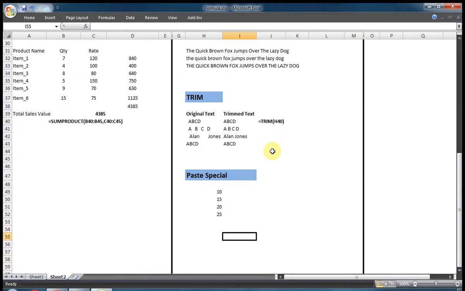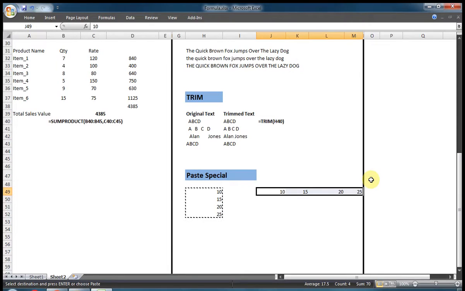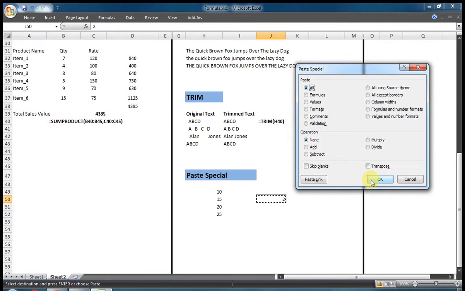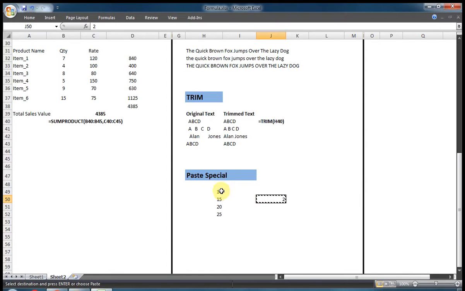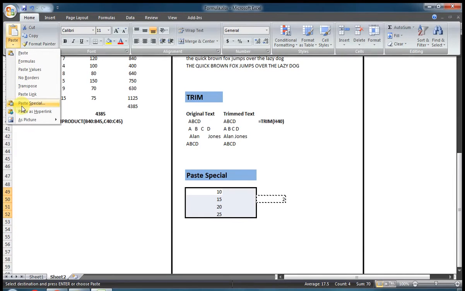Now this is paste special. One thing is, you can press Ctrl C, then Alt E S, and convert data that is horizontal to vertical, or vertical to horizontal. You can also do one more thing. Suppose we copy this and then use paste special, Alt E S. Alt E S is a shortcut key, and you can also go manually to what you require. Suppose we copy this and select this, then go to paste special.